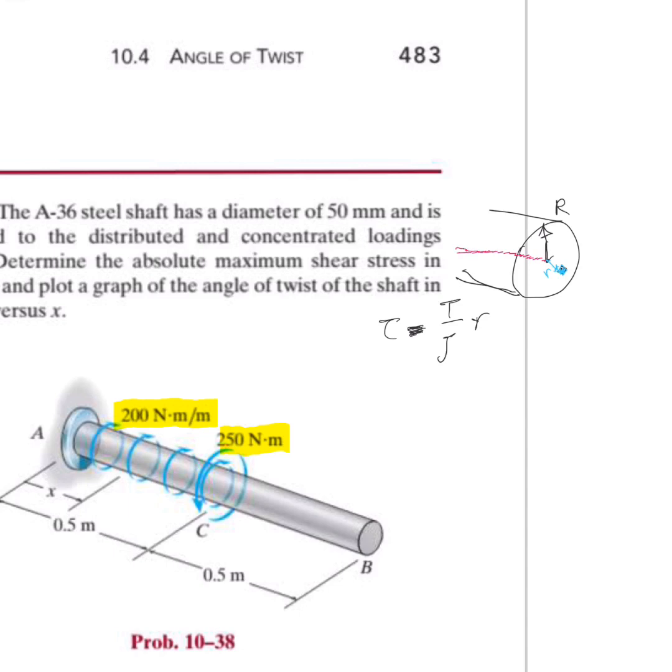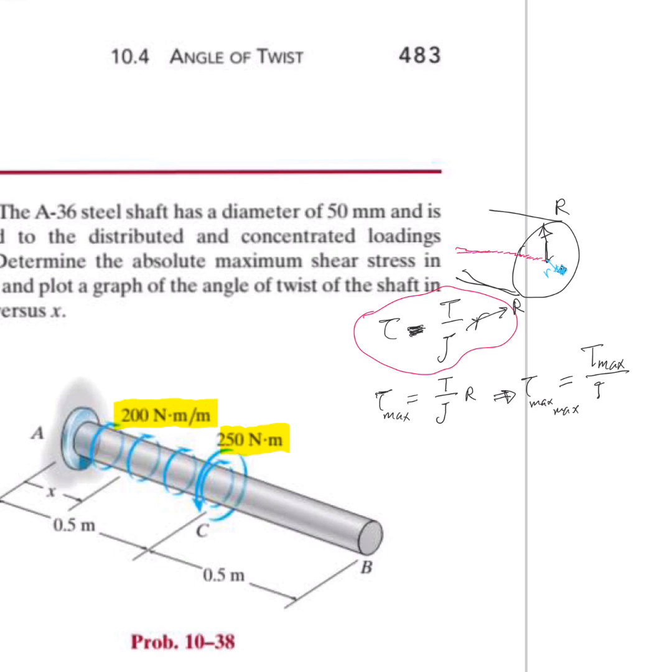So with the distance R from the center, this formula we showed in the class, T over J times R, is the shear stress at any location. The maximum of this happens when R is equal to the radius. So the formula that I have is T over J times R, tau max. And you can see that the global max, tau max, happens when you reach the maximum torque